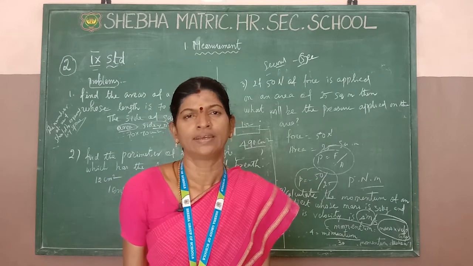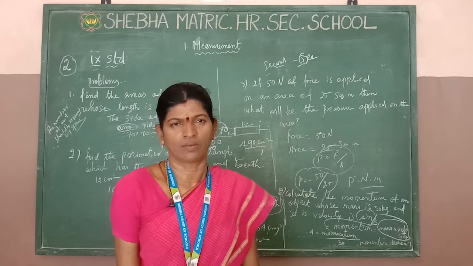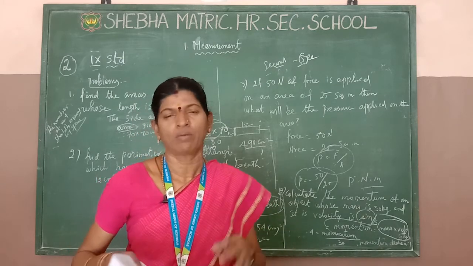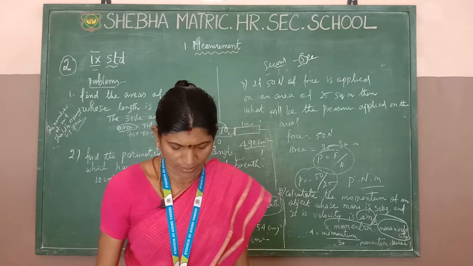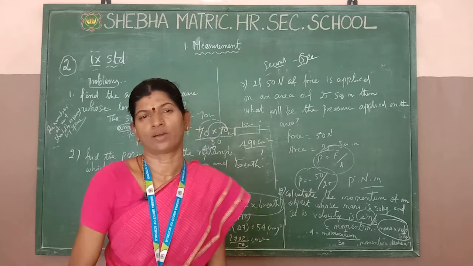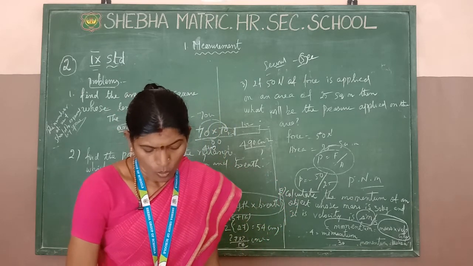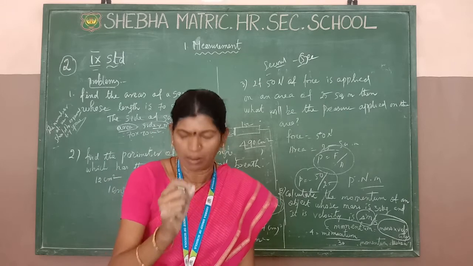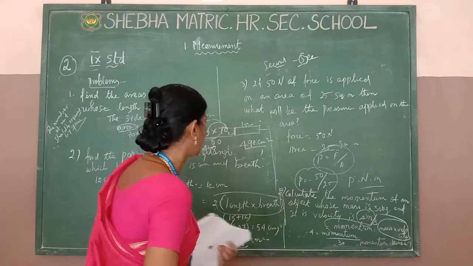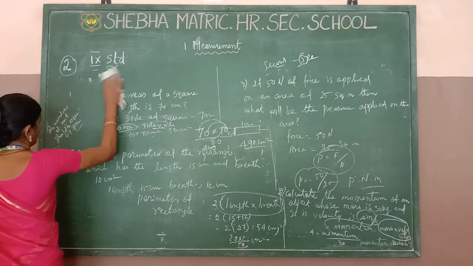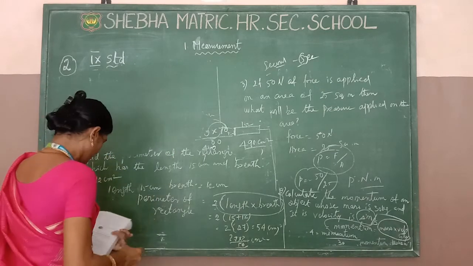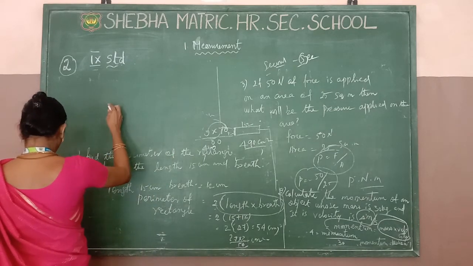Today I explained only a short definition of the vernier caliper. Next time I will teach it in detail. Vernier caliper: how do we find the least count of the vernier caliper? It is the value of the smallest main scale division divided by the total number of vernier scale divisions. Listen carefully, this is the least count. Least count of the instrument.